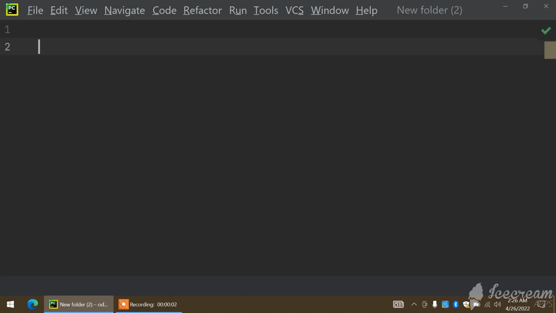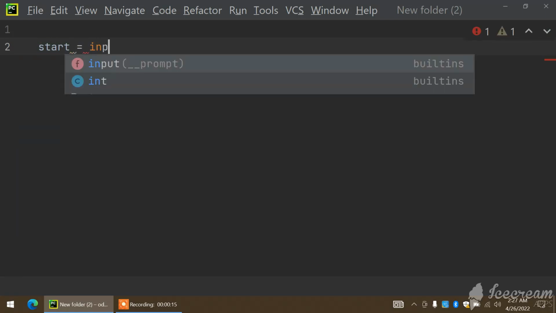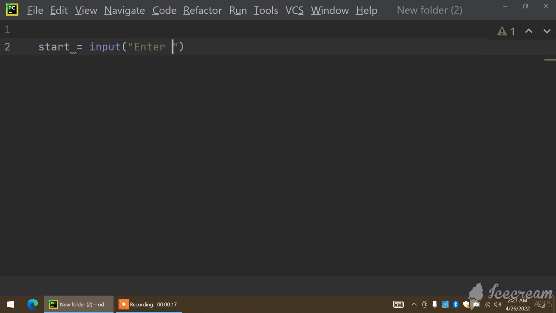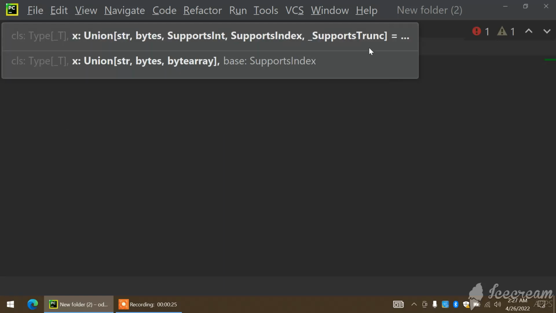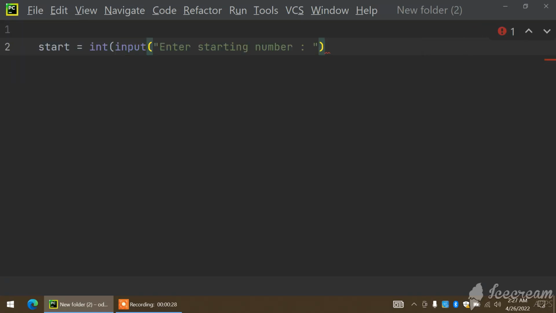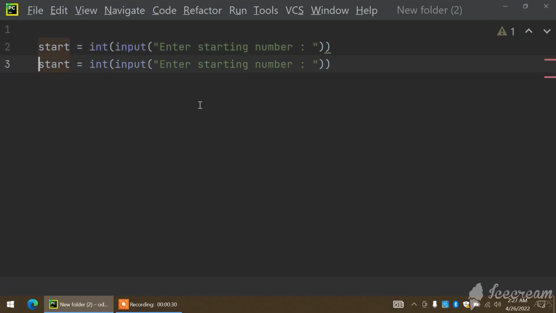Today, our topic is how to print odd numbers between two numbers, a starting point and an ending point. So we will take a starting point as input from the user, and after getting that input we will simply convert that input to an integer. Similarly, we will take the ending number,